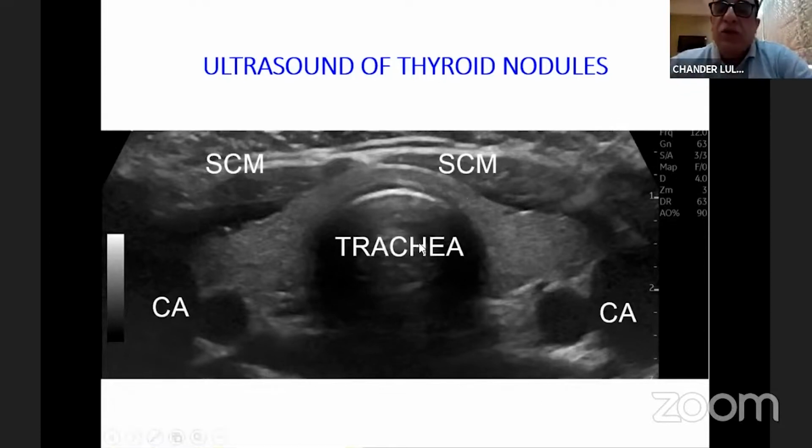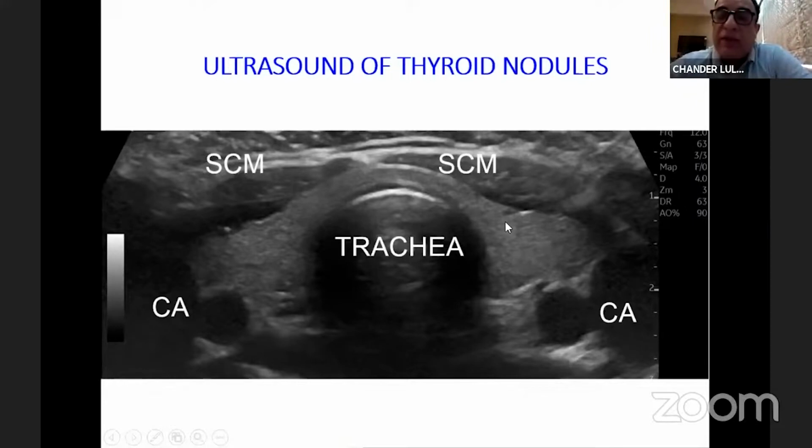I just want to start with this slide to make people aware of what we mean when we talk about echogenicity when we speak about nodules. Here you see a cross-sectional image of the thyroid lobes, and that's the trachea in the center, the sternocleidomastoid on either side anteriorly, and the carotid artery posteriorly. Now, we use reference points for echogenicity. So the carotid is hypoechoic, that means it is black and it has posterior enhancement, and that is typical of anything that is cystic or lucent. The sternocleidomastoid muscle here anteriorly is of intermediate echogenicity. It is hypoechoic relative to the